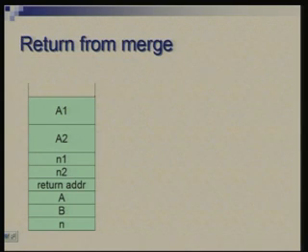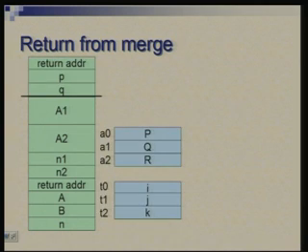Okay. Now, let us see how you return from the merge function. So, we will have to dispose of the activation record which is created. So we had added one activation record on top. I am again showing that at the top there is an activation record for merge, at the bottom there is a record for sort, and registers are containing parameters and temporary data.